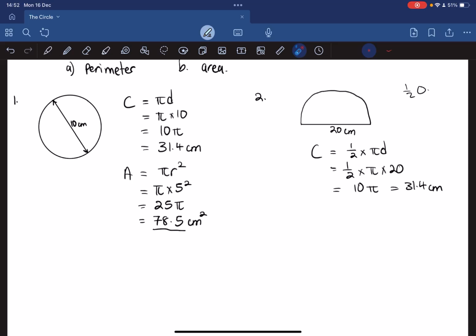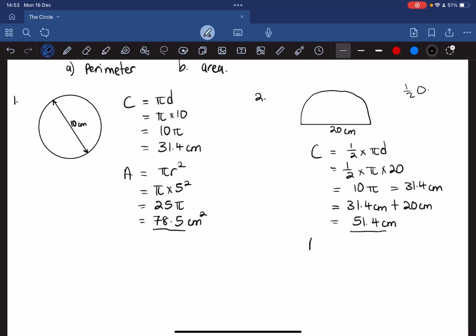But we are not yet done, because the part that we just calculated was this curved area. We still have this straight line right there. So to find the circumference, we're going to say 31.4 centimeters plus 20 centimeters, and the answer becomes 51.4 centimeters